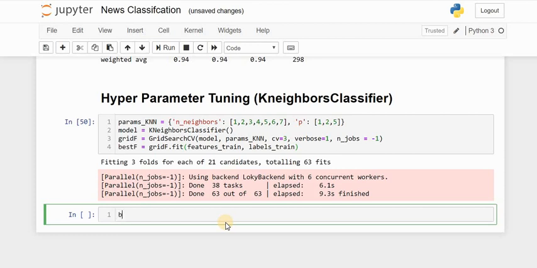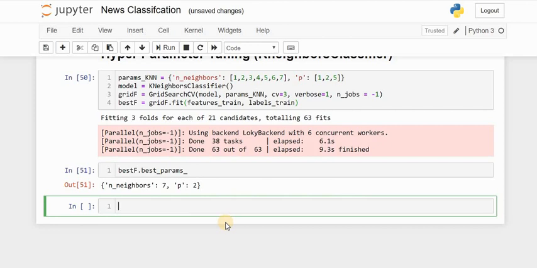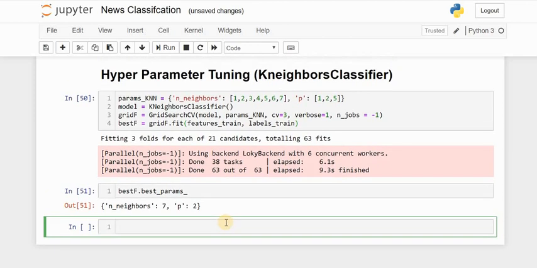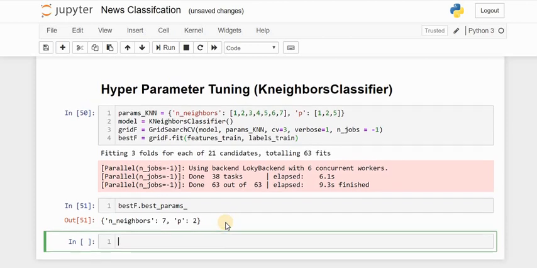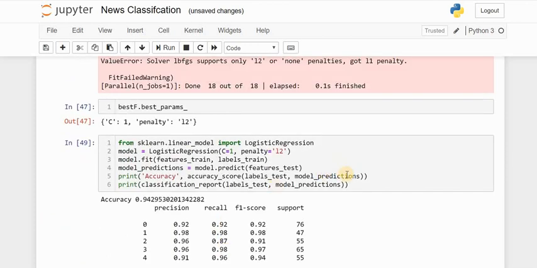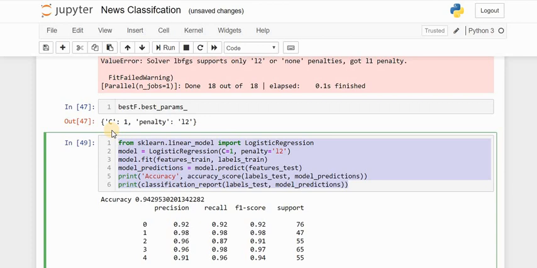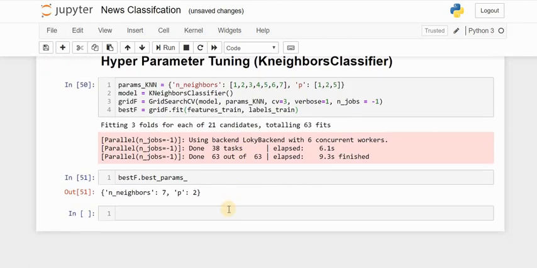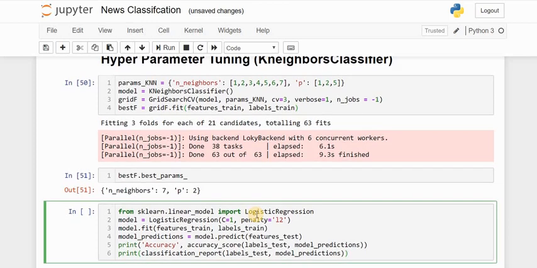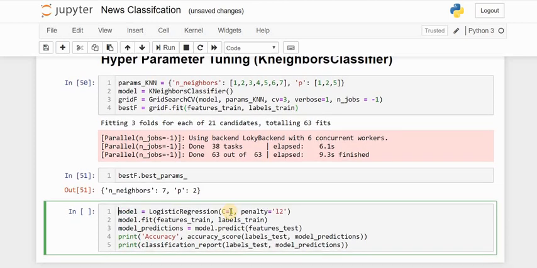Now let's extract the best possible hyperparameters for k nearest neighbors. It is suggesting that we use k nearest neighbors to be 7 and the value for p is 2. Let's try this value for k nearest neighbors and see what we get. The accuracy that we are getting now is the testing accuracy. We are not fine tuning for training accuracy, because obviously the training accuracy will be higher compared with testing accuracy, but we don't want it to overfit as well.